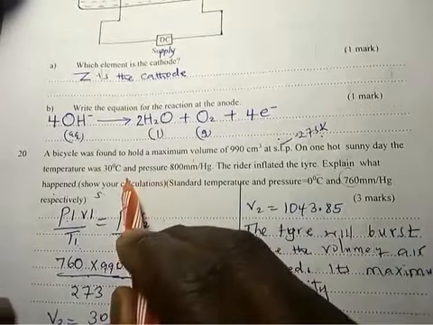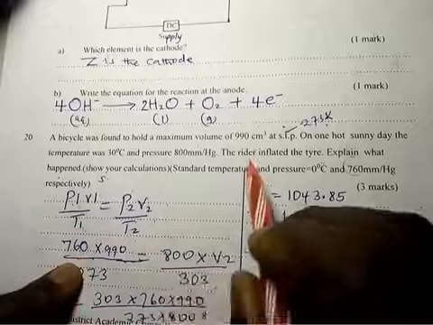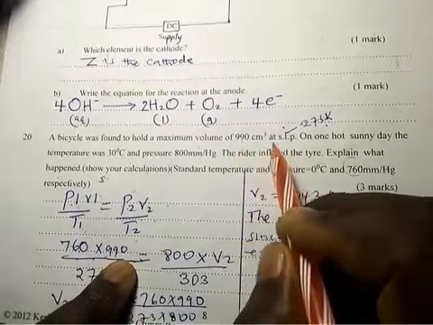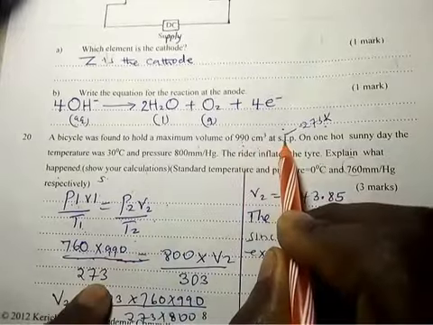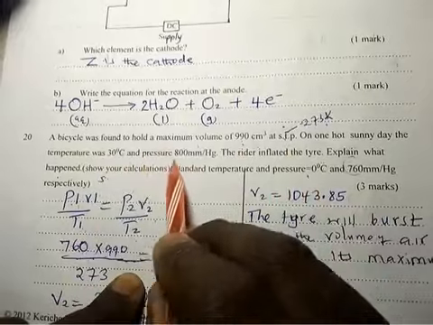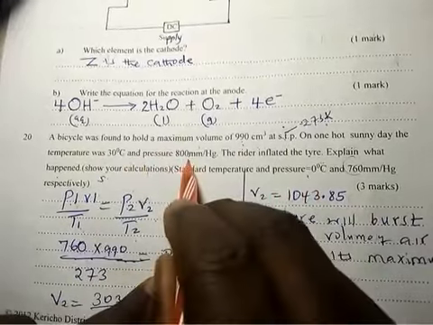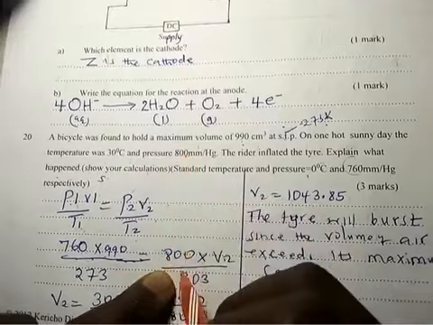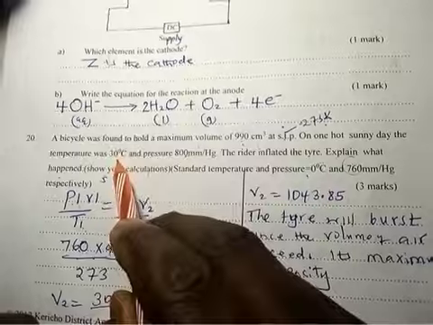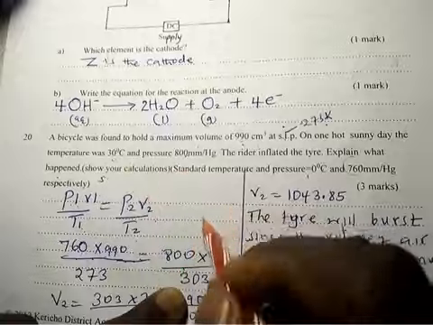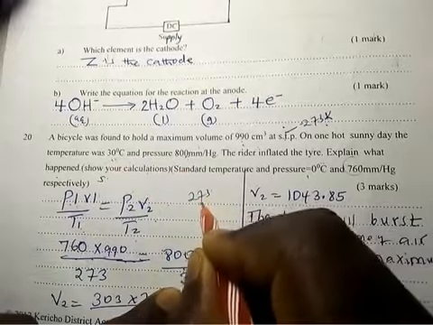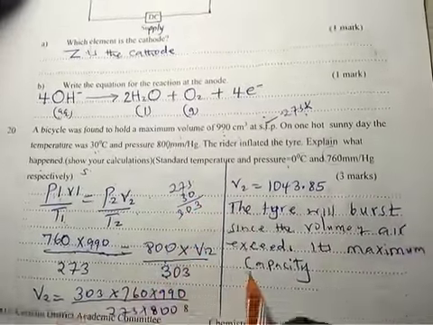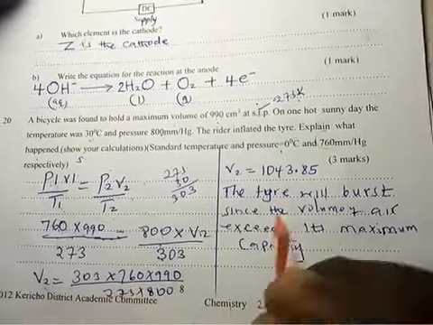Okay? So pressure 1 is 760 times volume 1, 990, divided by temperature 1. Temperature 1 is 273, which is 0 degrees. Volume 2 is what we are looking for. Temperature 2, sorry, we have the atmospheric pressure 2 is 800, and then temperature 2 is 30. 30 you add 273, because 273 is the Kelvin, we don't use the degrees. So that's why 303. So you find that the volume 2 is going to be this. So the volume 2 is